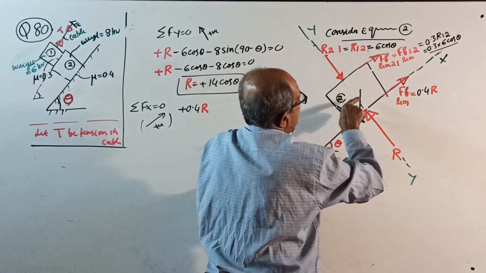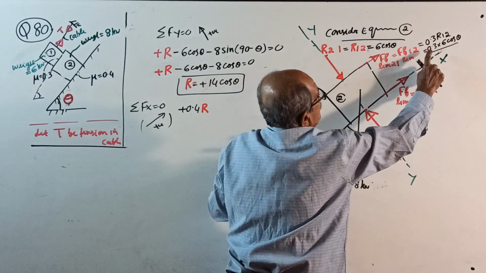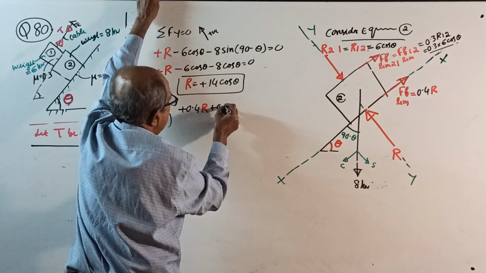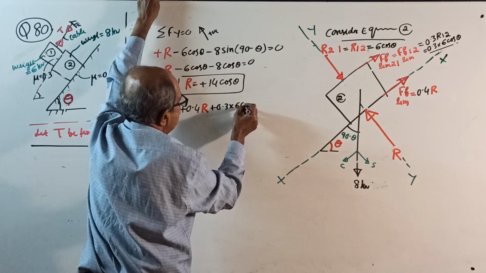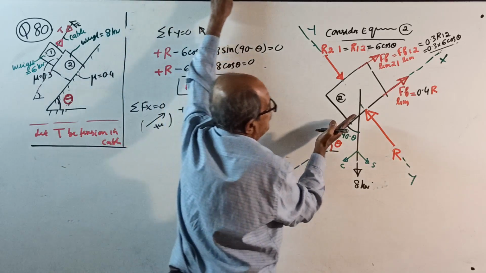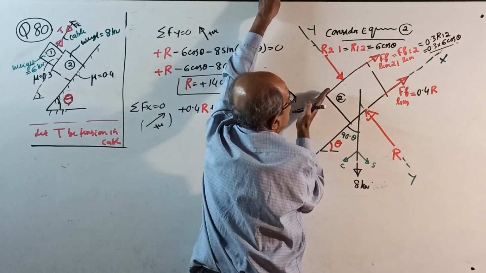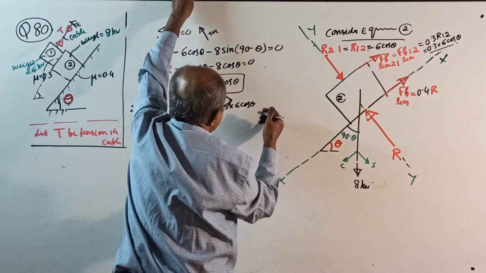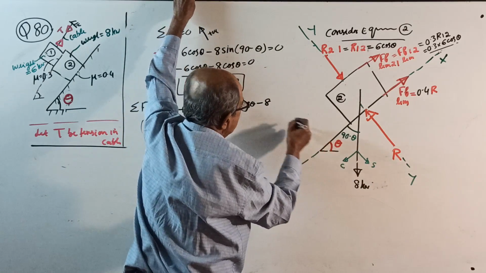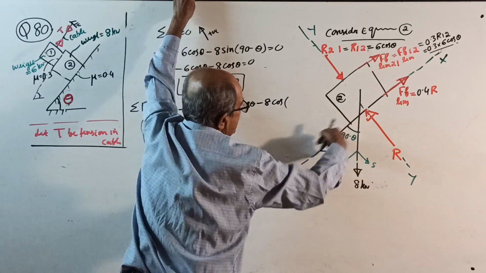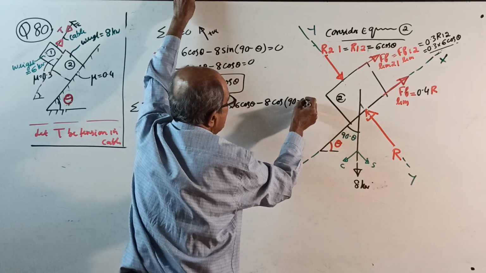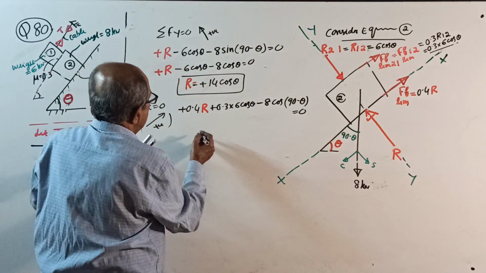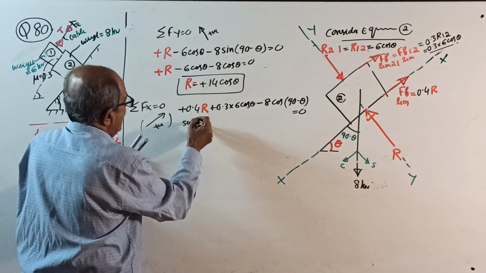Plus 0.4 R, plus 0.3 into 6 cos theta, minus 8 cos 90 minus theta equal to 0. Now substitute R equal to